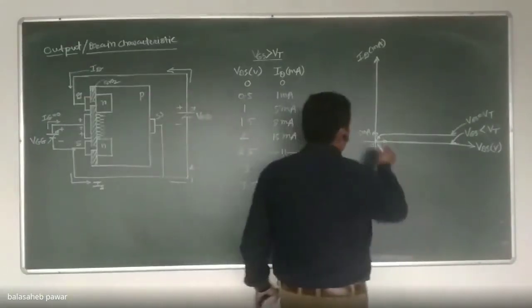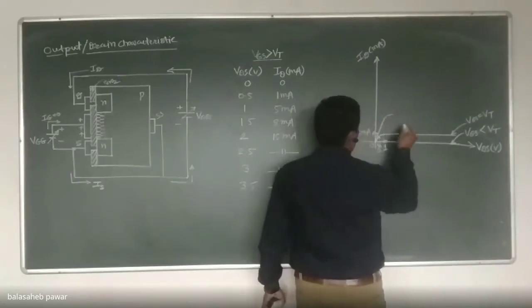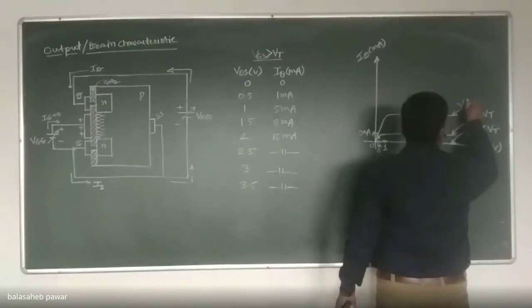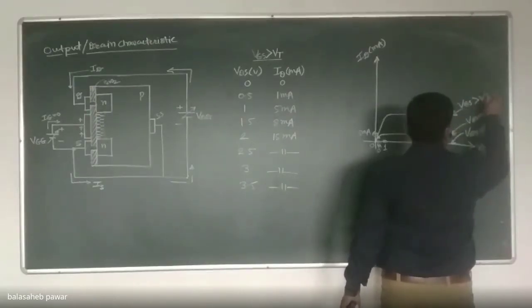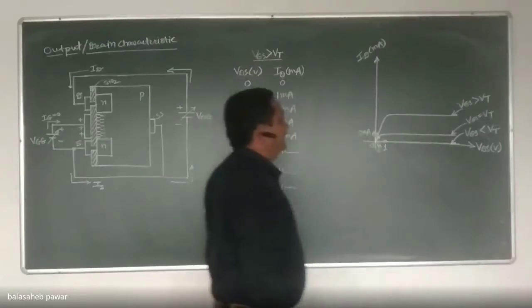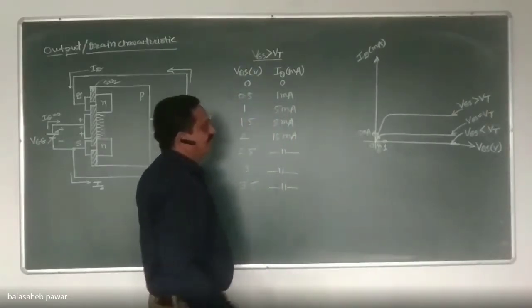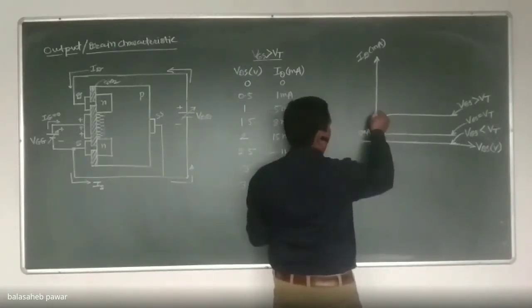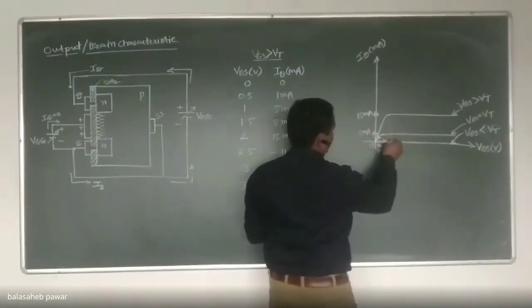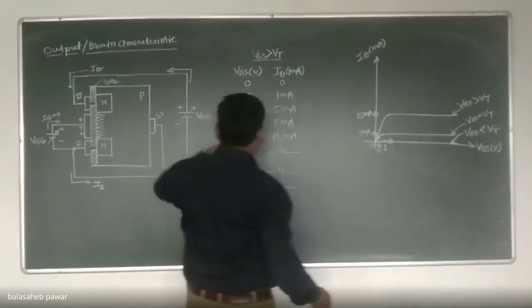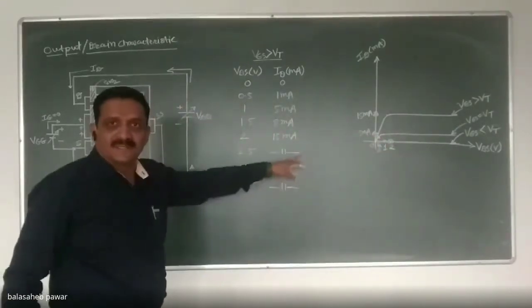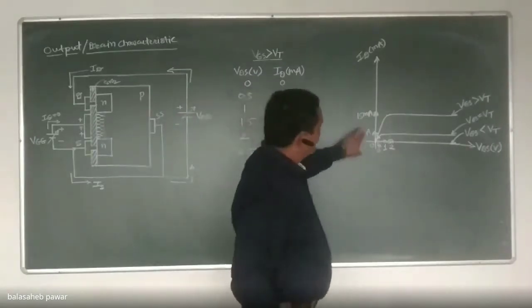Again, I will try to plot it. It will be somewhat like this. And this is for what? When VGS is greater than VT. Agree? When VGS will be greater than VT, this maximum current I will show as 15 milliamperes. And this voltage is nothing but the one at which it reaches 15 milli, and that is 2 volt. Is it visible properly? Whatever I'm trying to show you?